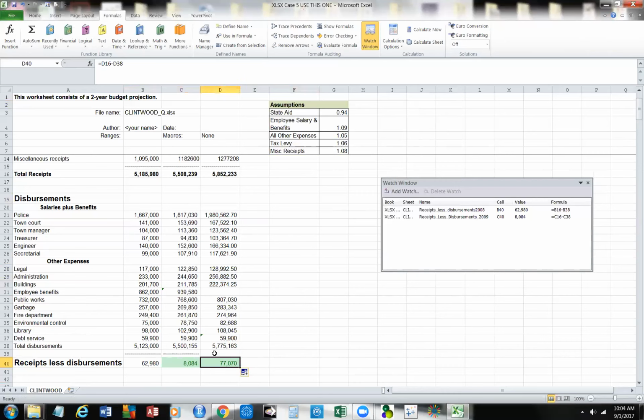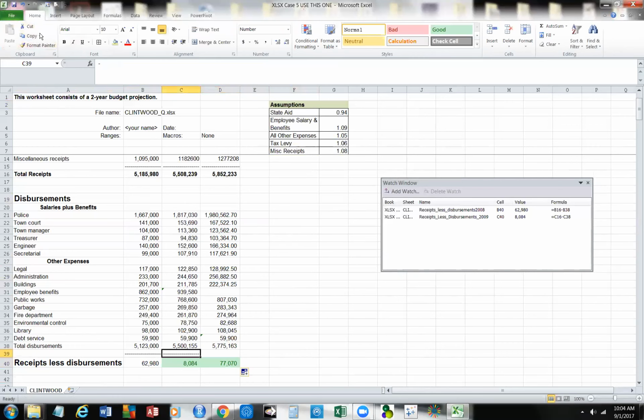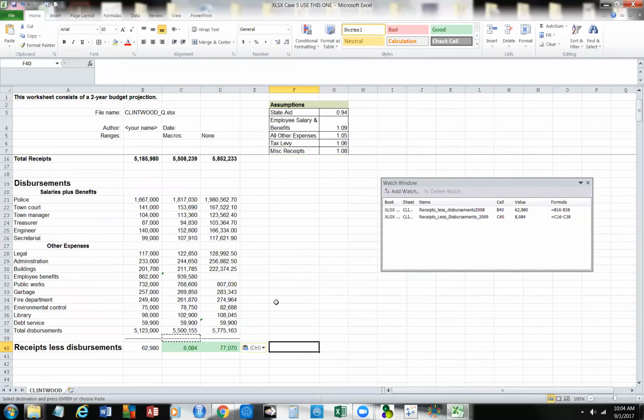Okay, I want to copy that little line there, so go home, click copy, and then paste the note in there. So now we've done, let's put total disbursements and put those in bold. And we've added